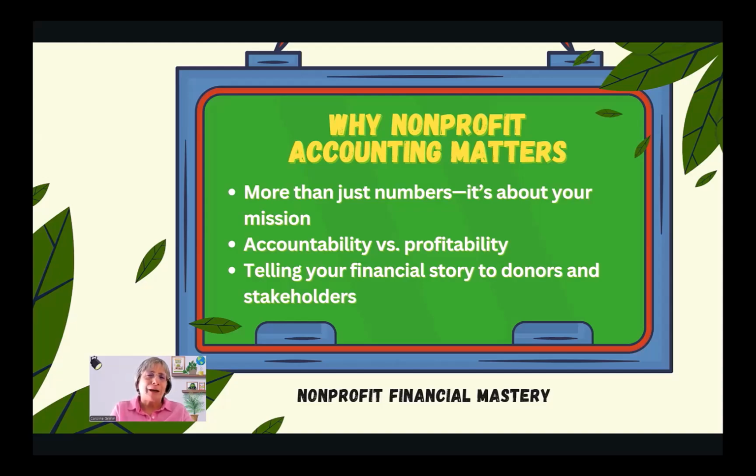So when we're talking about accountability, we are thinking about our donors, the people that are donating money, the government that's giving us money as a grant, or a foundation that's giving us a grant. We want to make sure that that money is being used in a way that's going to make those donors feel that we are doing things above board and as they were intended to be done.